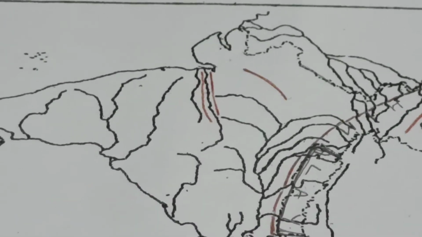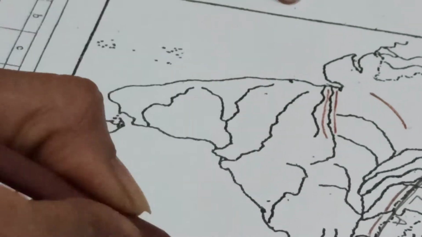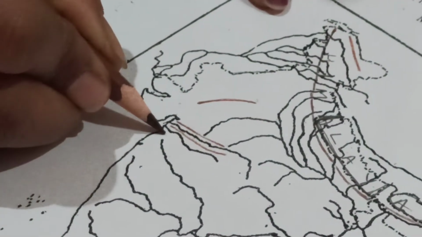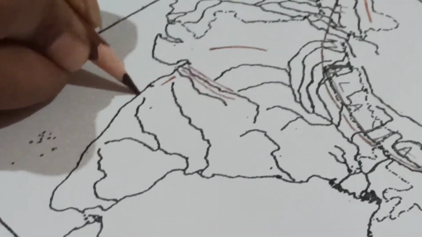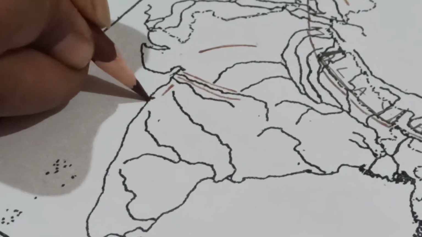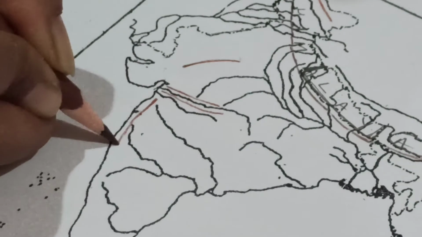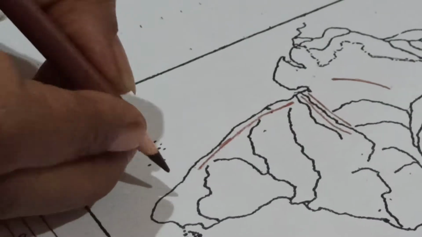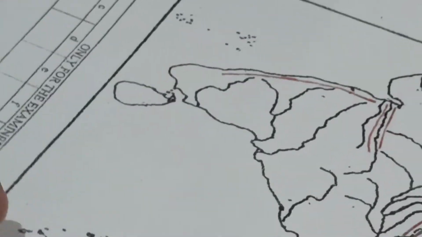Next you have Western and Eastern Ghats. Now when you are marking your Western Ghat, that is this side, west, this is east. So Western Ghat will be drawn like this, keeping in mind the coastal plain. That means there is a coastal plain. So your Western Ghat cannot be so very close to this line. There has to be some space. So this is your Western Ghat. And this Western Ghat should not go beyond this. Should not go till the tip. It is only till here. Okay. So keep in mind that there is space here.